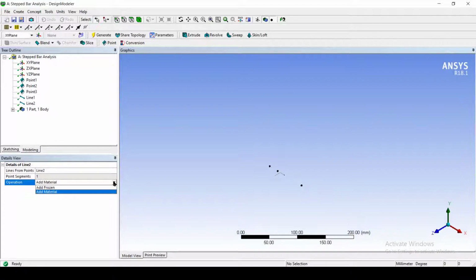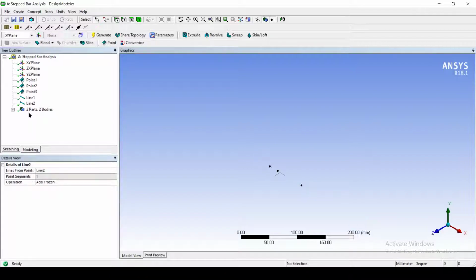Then go to operation, then open this and select add position, because both the components, created by the first line and second line, are made of different materials. So we have chosen here add position, then generate.